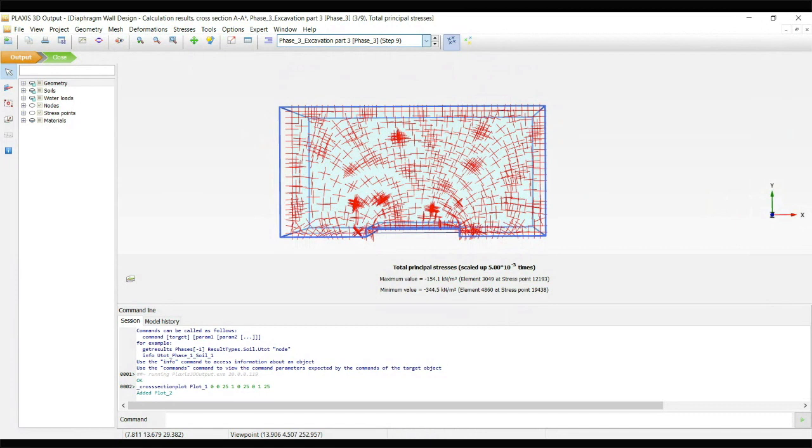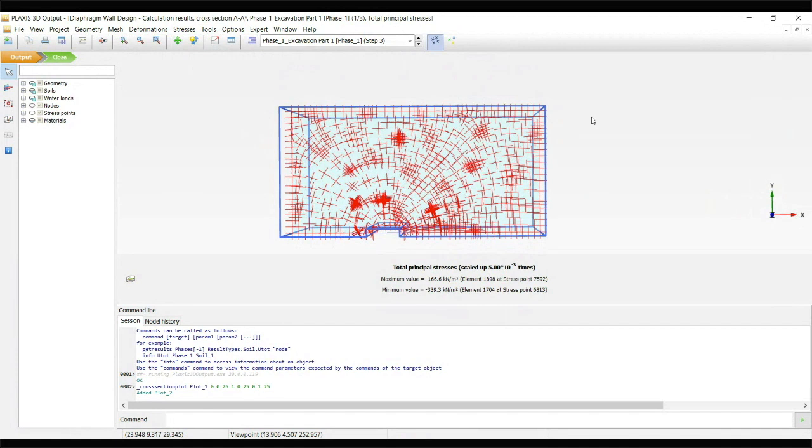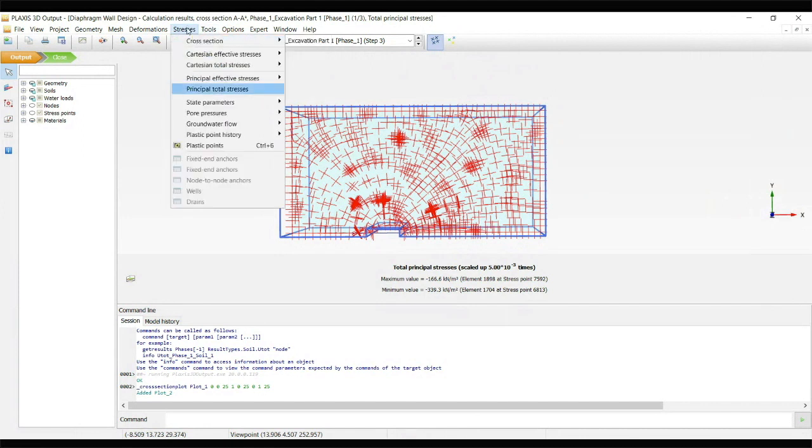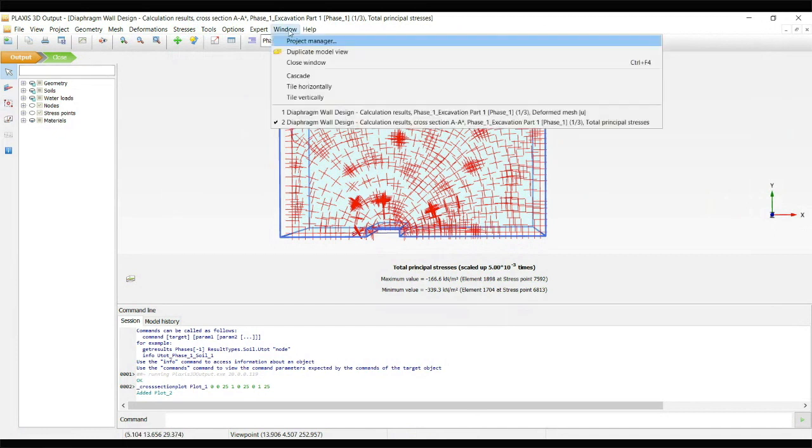Suppose in the case of part 2, that is the first and second segment, how the stresses are at that time, and for the first excavation what is the stress pattern. So we can view the different results. We can view all the possible stresses, and you can also make vertical and horizontal cross sections and view them.